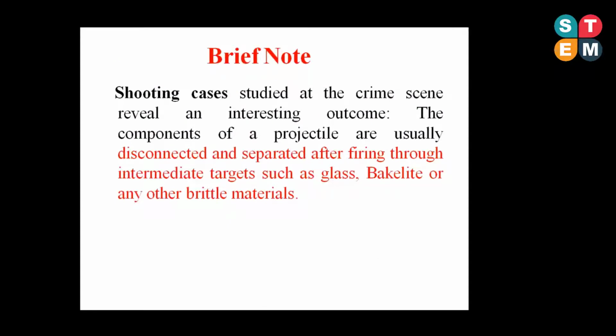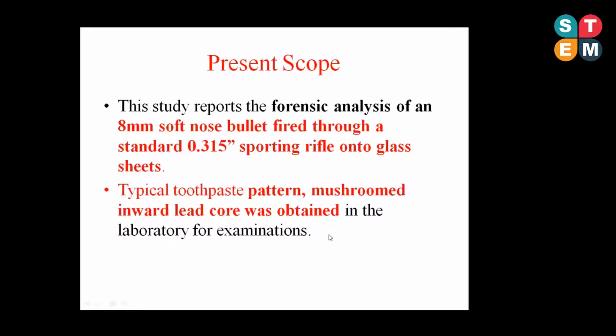In shooting cases, generally, we get a lot of projectiles at the scene of crime. But generally, a fired bullet recovered from the scene of crime is intact, and in the laboratory it is easy to compare and say that this bullet has been fired from a particular gun or weapon. But problems arise when the bullets are not intact or have been fragmented. In that case, the problem rises to the forensic ballistic expert, crime scene investigator, or law enforcement agencies.